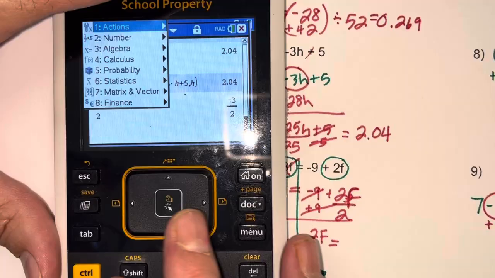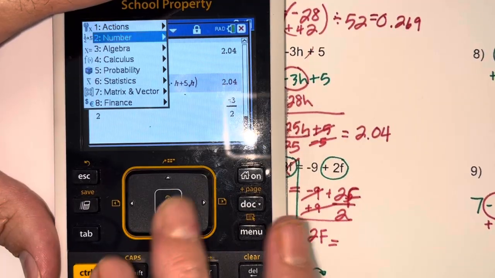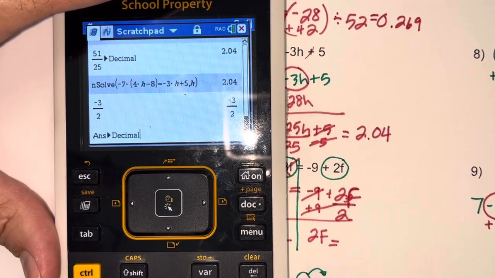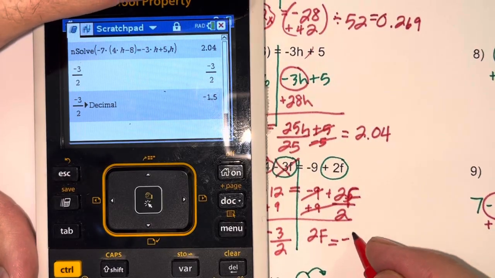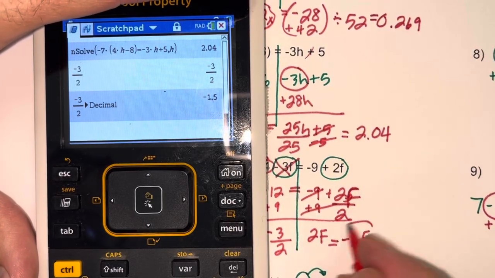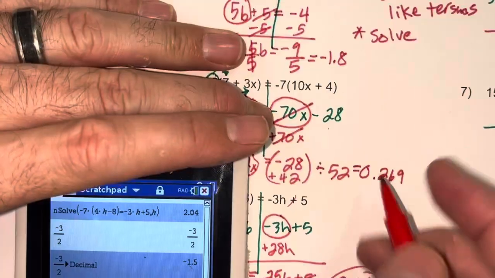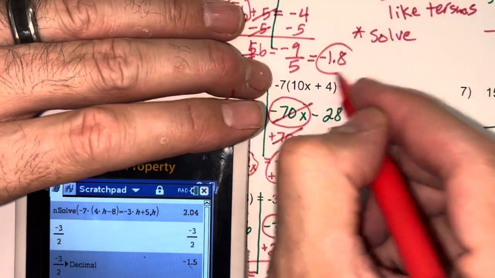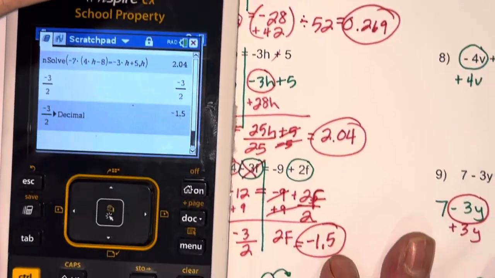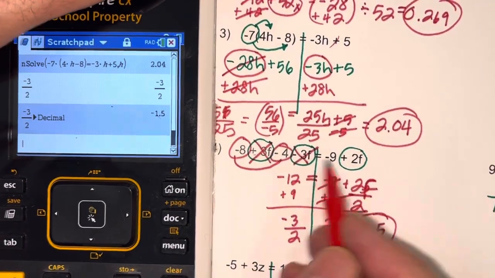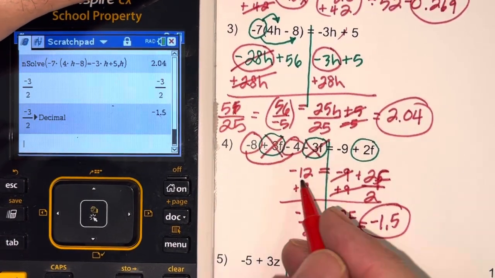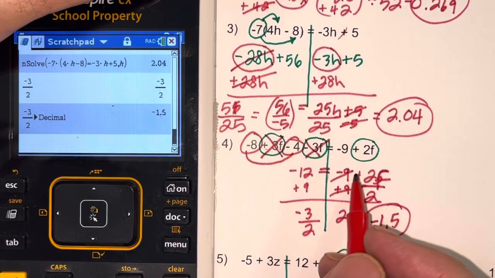Go to menu, number, convert to decimal, hit enter. So it's going to give us -1.5. Got -1.5,